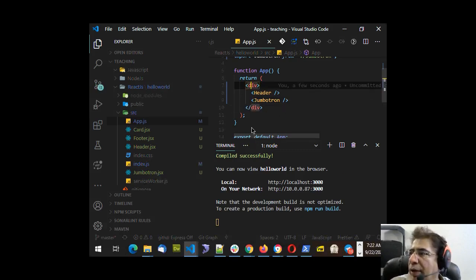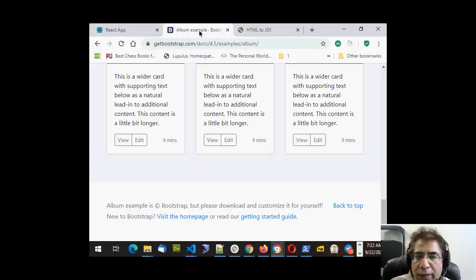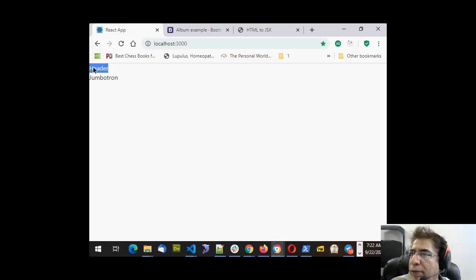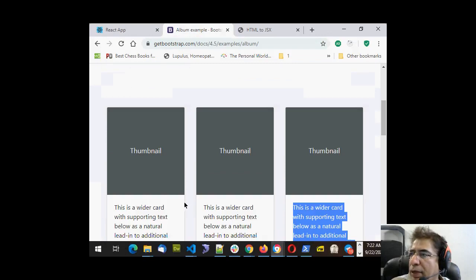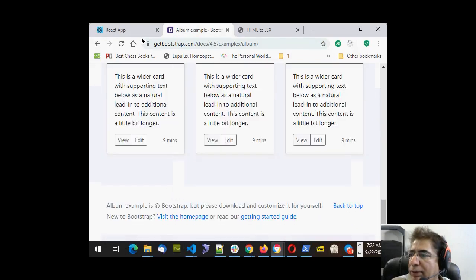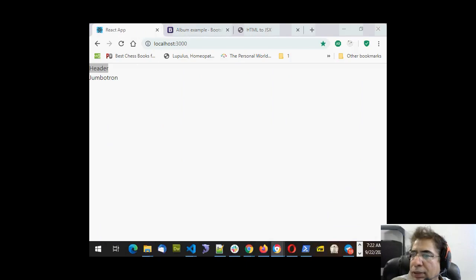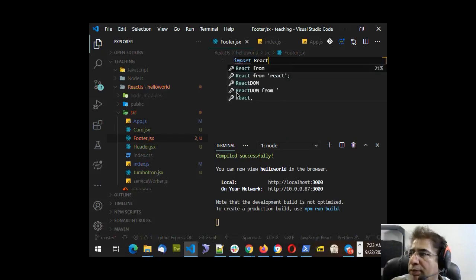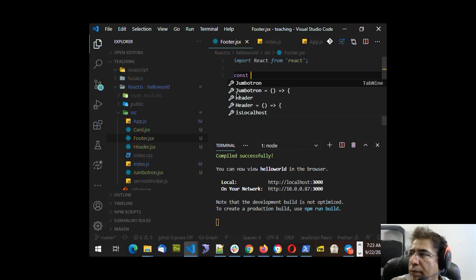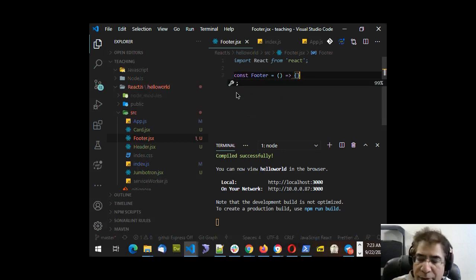Next, if we see what we have to include, we have Jumbotron, we have header, and next we have the thumbnail part and the footer part. So let's go into the code and add two more. So let's go into the footer: import react from react, constant footer is equal to. I can copy paste, but I want to show you